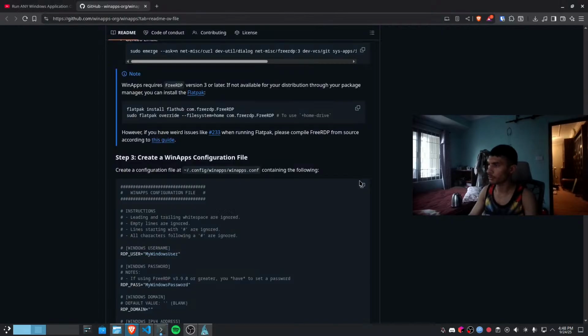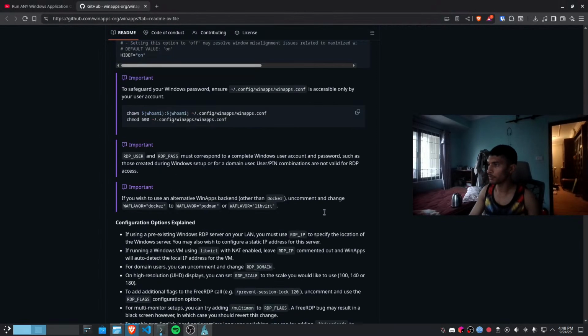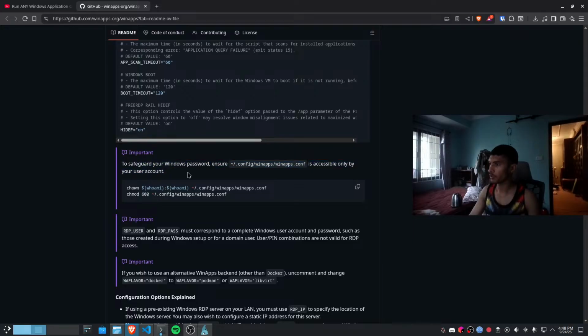Okay, we made this. We are gonna say what's important, your value for RDP user, and if you wish to use an alternative winapps backend or a Docker